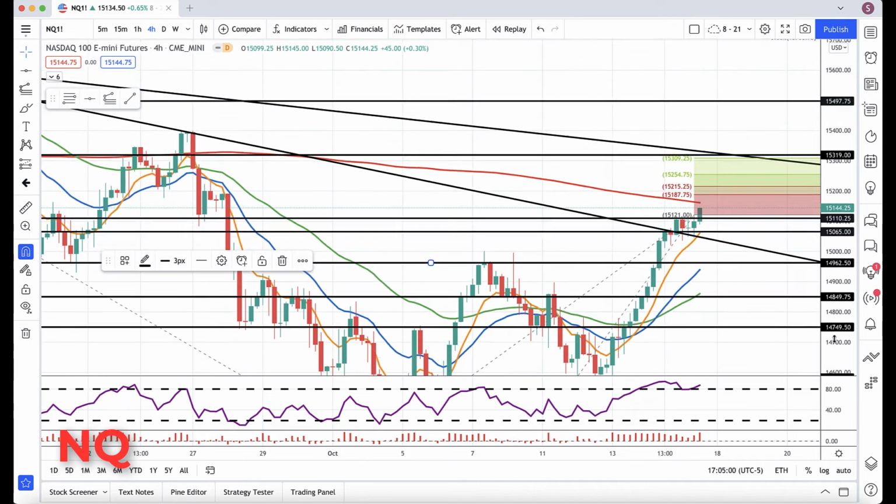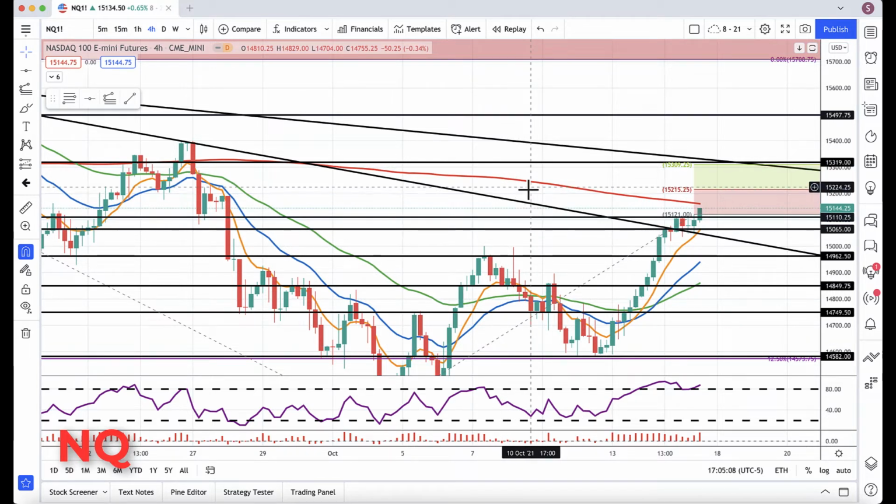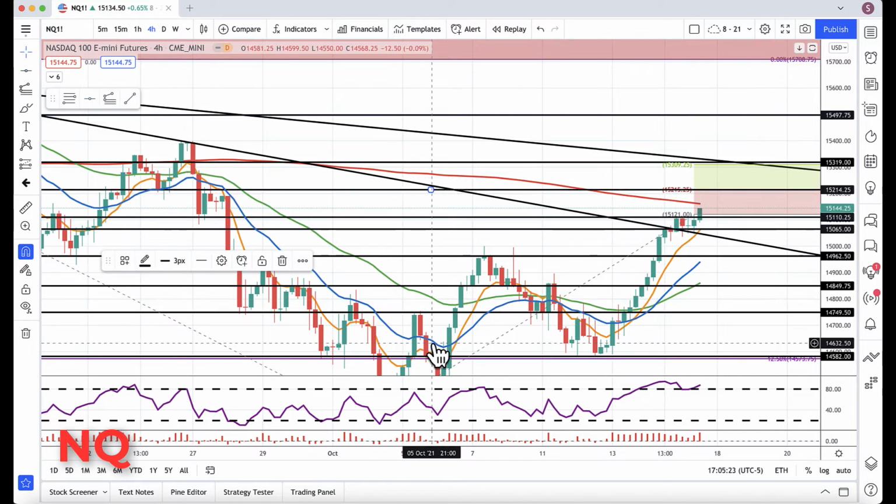Let me just check something here. I'm just going to use the longer levels since these shorter ones do not give any good areas. But what has immediately jumped out at me is this little resistance shelf. And right here, and look at that. So I'm going off this key area, and we have a couple of pokes into it. That just reinforces that 15,250 level, and then above there, we're watching